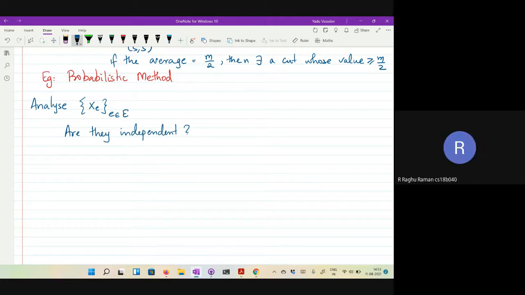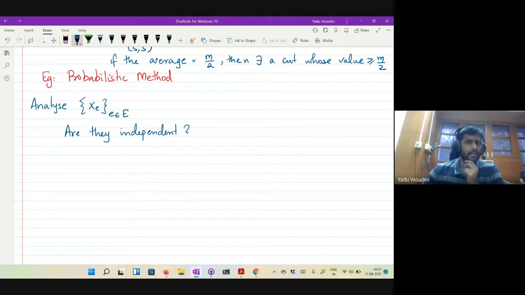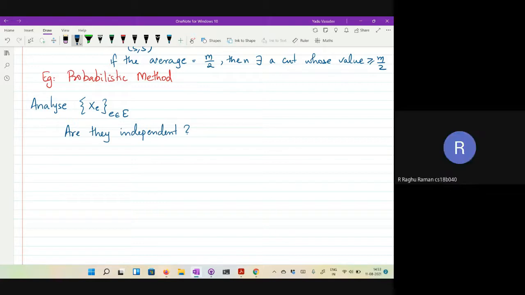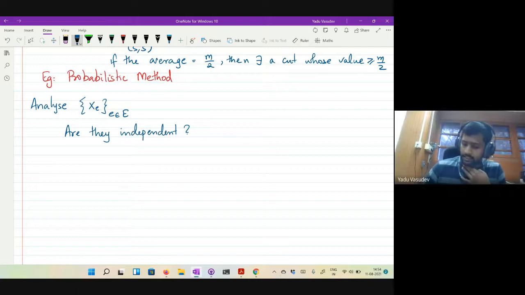No, I guess. Do you have some reason why? Suppose you have three vertices U, V, W, and you say that UV is in the cut set and UW is in the cut set, and we already know that VW cannot be in the cut set. Exactly. That's the right reason.